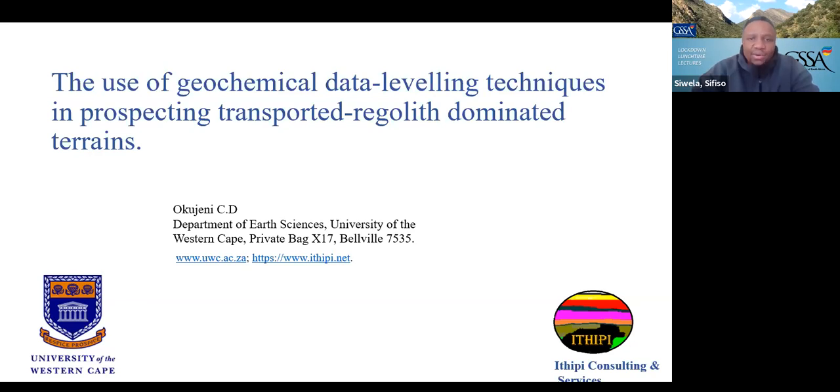2010. Now, I had the pleasure of meeting Prof at our Deposits of the Northern Cape event late last year, and he was telling me about some of the innovative techniques that he is working with. And today he'll be talking to us on a case study on the use of geochemical and statistical data leveling techniques in enhancing element patterns for exploration terrains that are covered by regolith, including aeolian sand and calcrete. And with that, I will hand over to